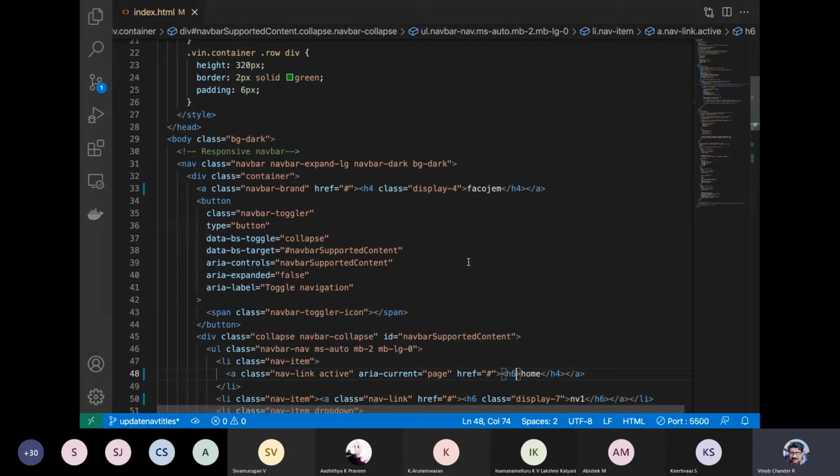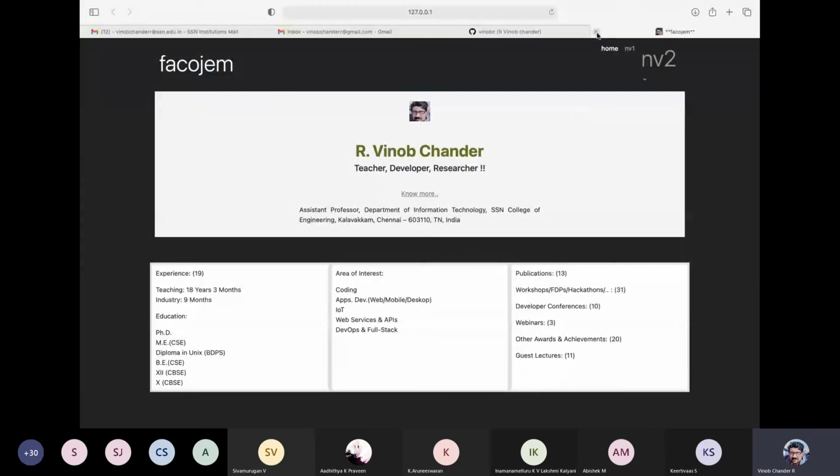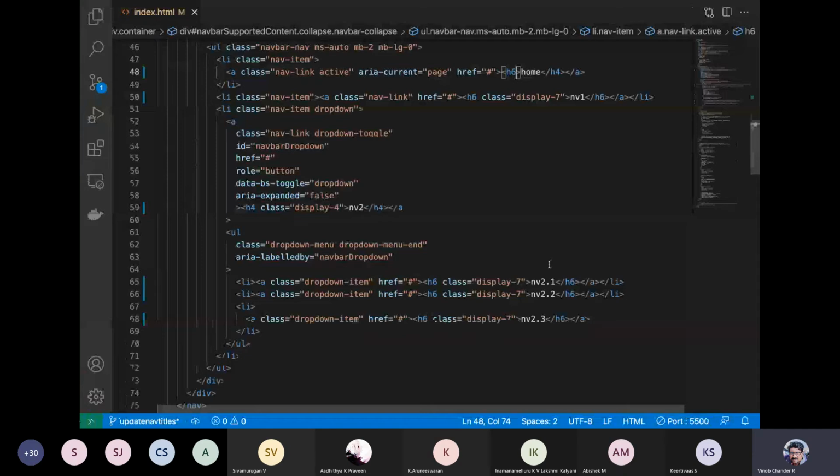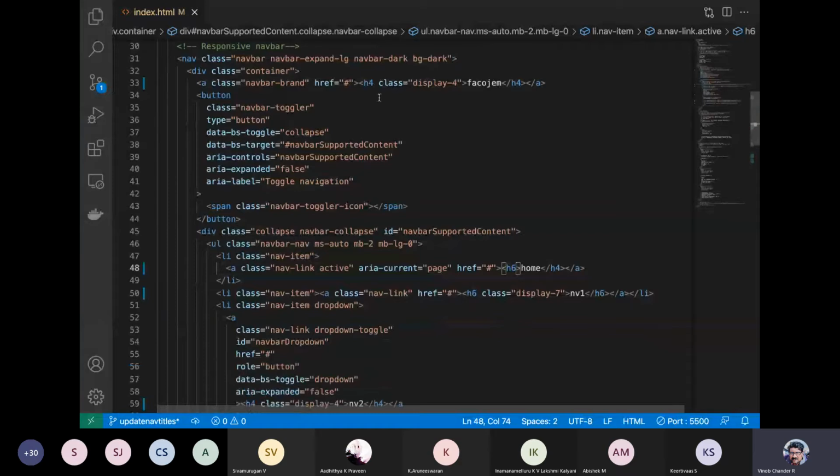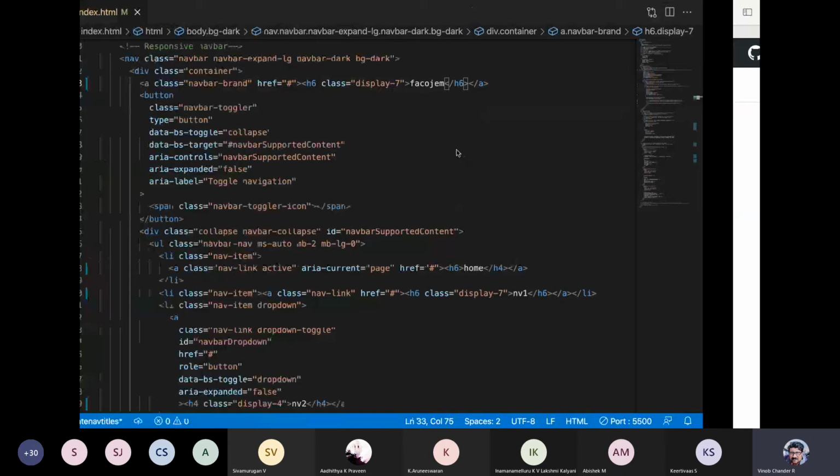Anyways, we have done some changes, but it is not getting reflected over here. So let us see that. I've just closed that, but I've done some changes over here. So let us revisit this. H4, let us keep it all the same, guys. Let me say this also as H6, display 7. I don't want to keep the headings or the titles in the navbar too big. So let me just say it as H6 and then end of H6. The file doesn't show any error, but I don't see the reflection here. We'll come back to that.